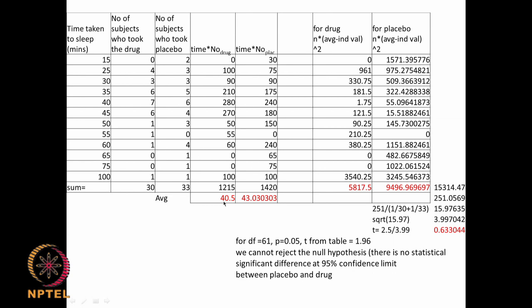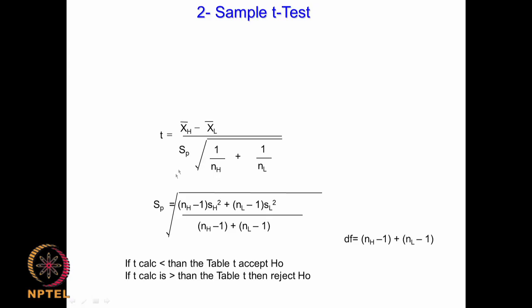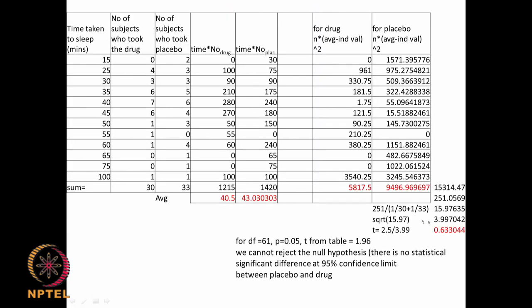So, here it will be (40 minus 15) squared multiplied by 0, whereas for the placebo I will do (43.03 minus 15) squared multiplied by 2, like that I keep on doing down. Then I will do the summation, the overall summation. Then I can calculate the 251, which is what I am getting here, and then that is multiplied